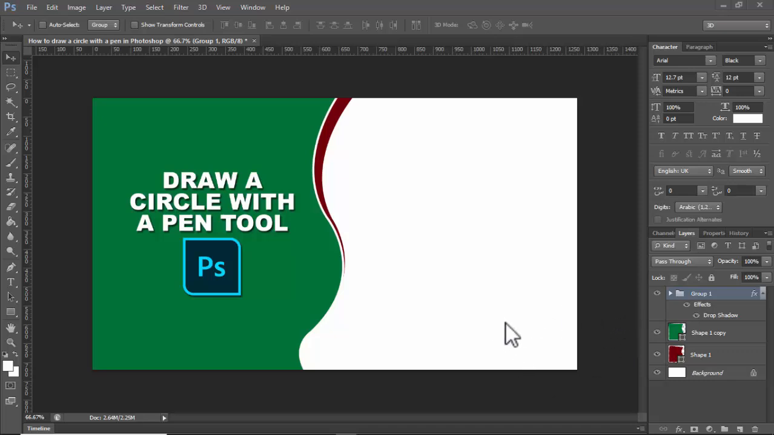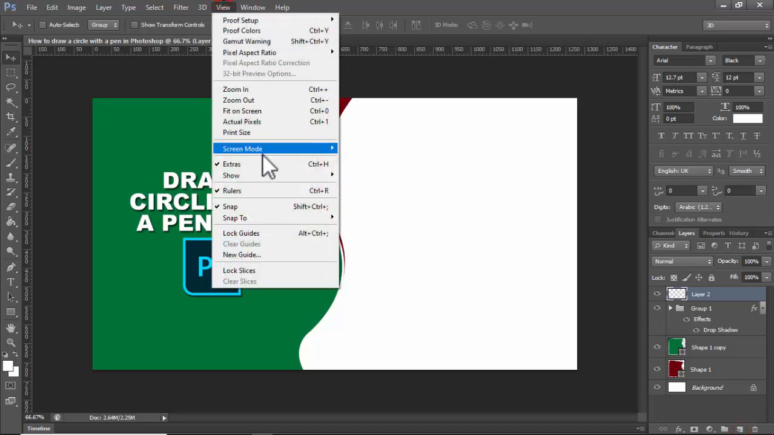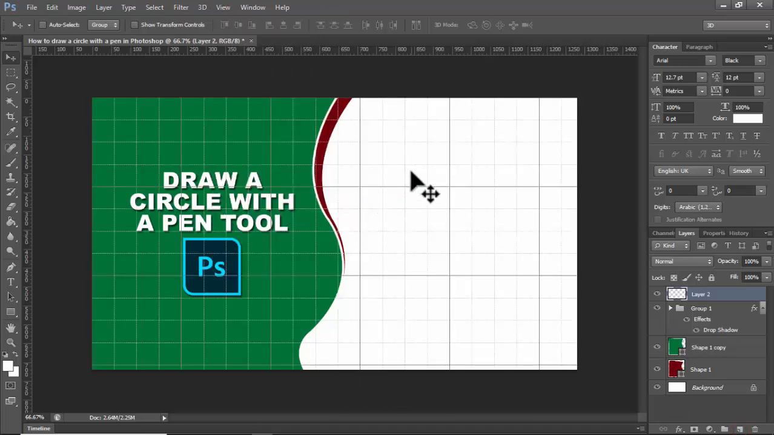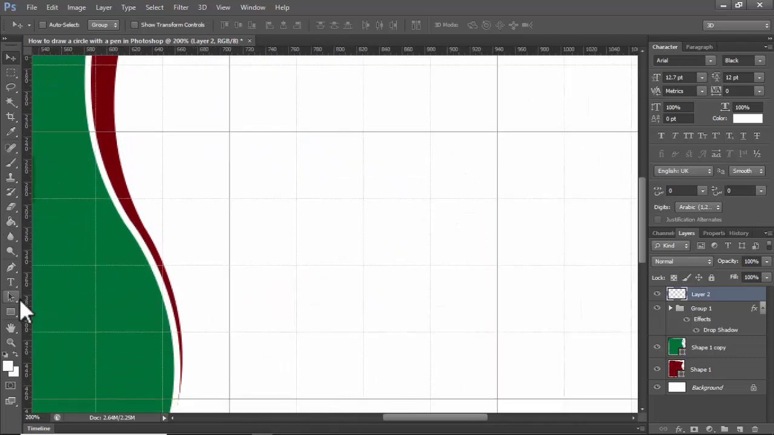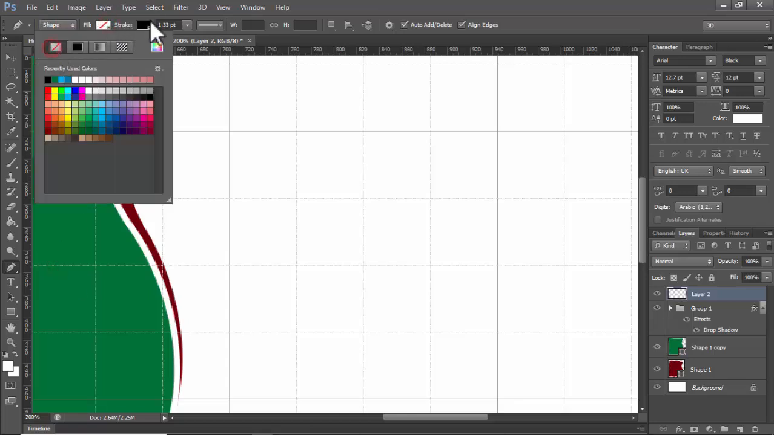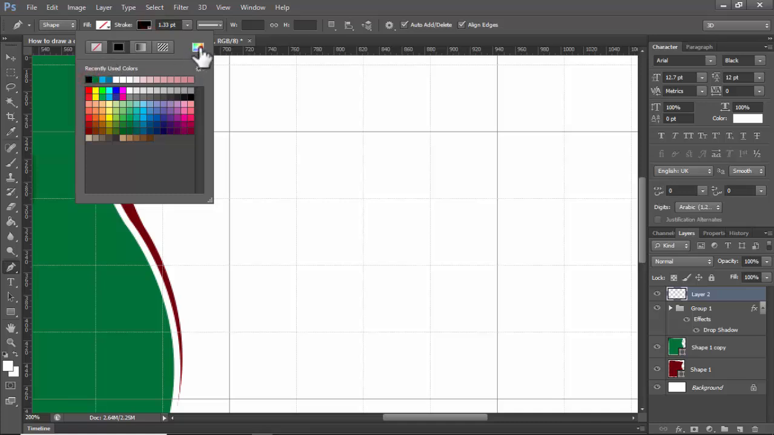In this video, how to draw a circle with the pen tool in Photoshop. First of all, create a new layer, then go to View tab, Show, use Grid and Zoom, then click the pen tool, right click, use pen tool, Shape, do not use Fill, click Stroke,